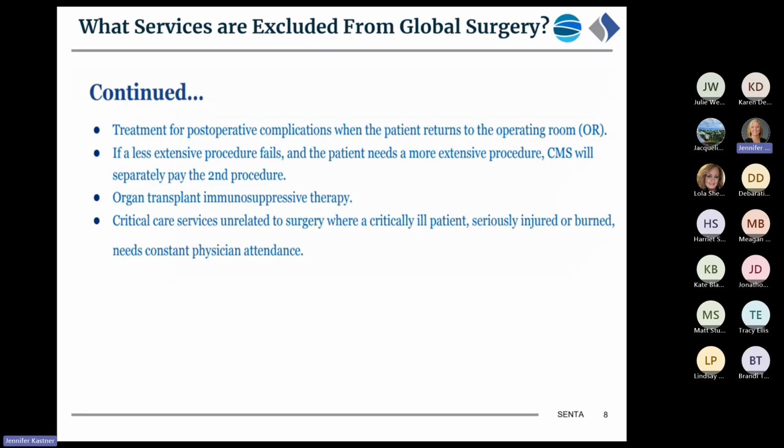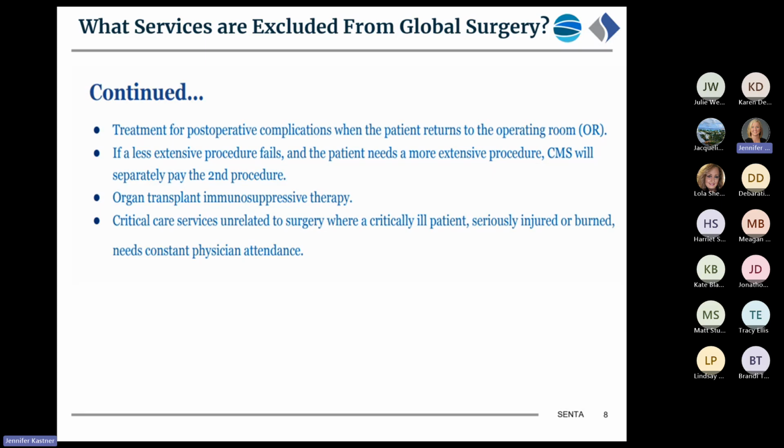This slide reflects some other excluded services, therefore can be billed separately. Includes treatment for post-operative complications when the patient returns to the OR. If a less extensive procedure fails and the patient needs a more extensive procedure, CMS will separately pay the second procedure. Organ transplant, immunosuppressive therapy. And the last thing noted is critical care services unrelated to the surgery, where a critically